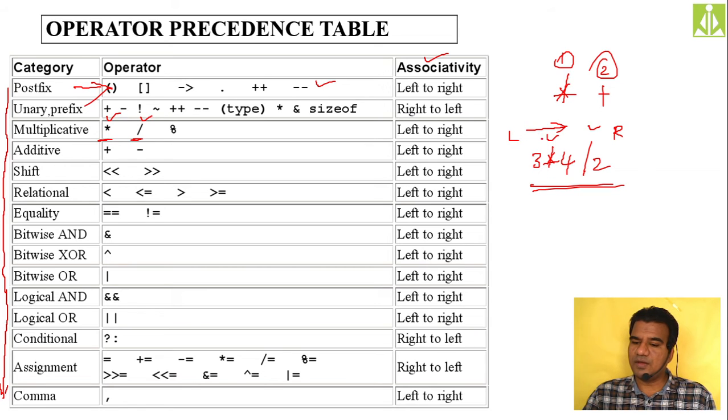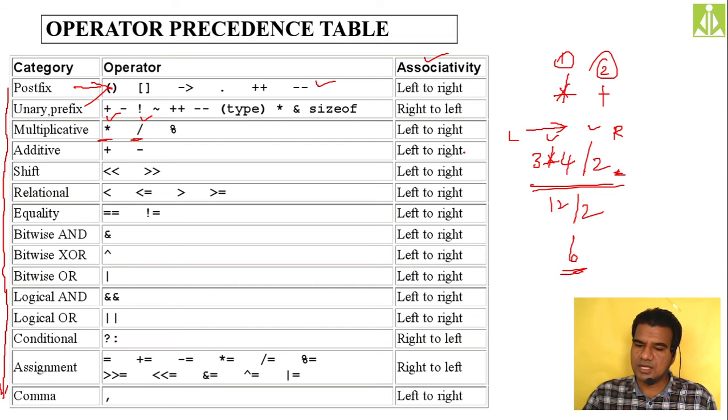So now, when you are moving left to right, which operator is coming first? The multiplication operator is coming first. So evaluate this: 4 3s 12, divided by 2. As you move further, you get the division. So evaluate the division also. When you divide 12 by 2, you will get 6. So the final value of this expression is 6.